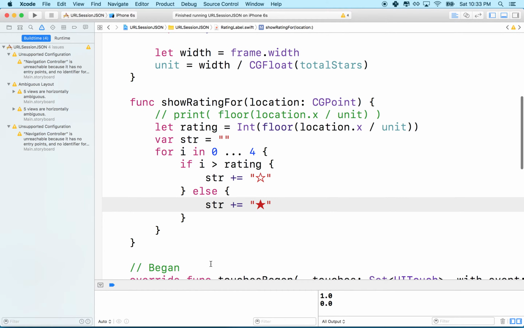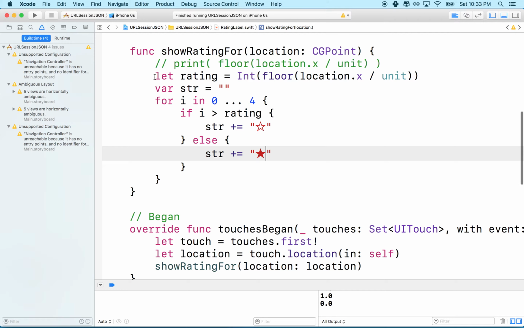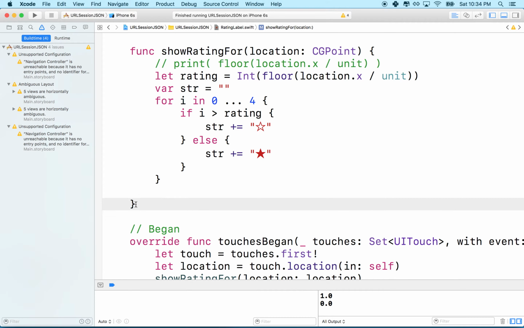There we go, right? Essentially, every time you move your finger or begin a touch event, we'll call this method, get the location, do some math with it, start a string, and then fill in that string with 5 characters, and it'll either be this character or this character. And then after the for loop is complete, before the function is done, right here where our for loop ends,